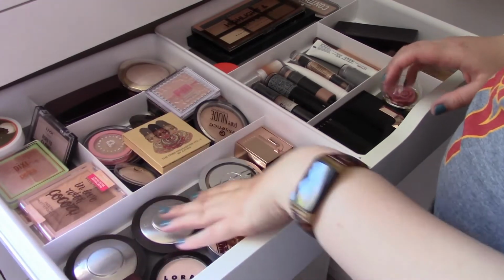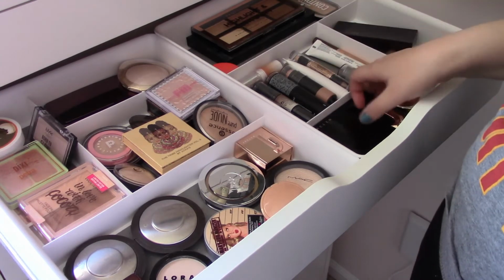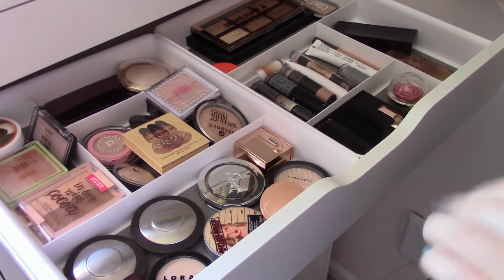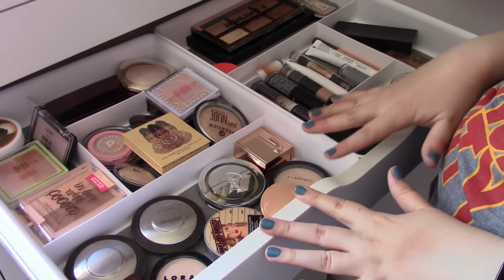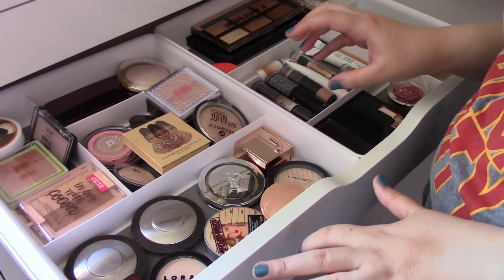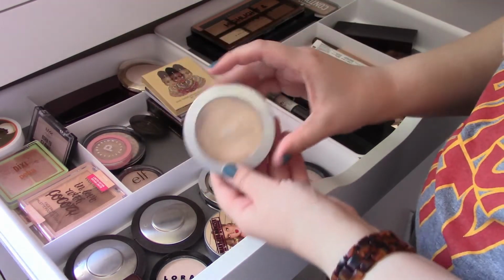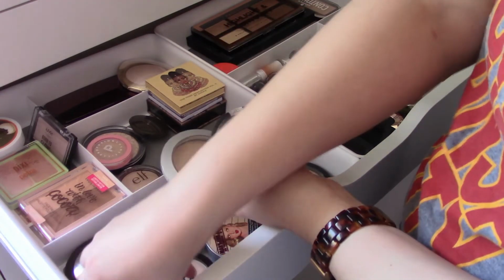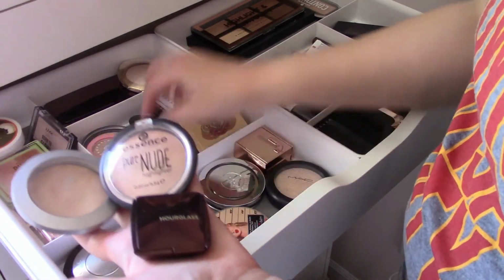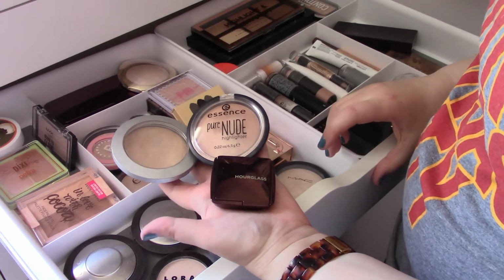So here we have highlighters, cream bronzers and blushes, and contour palettes. And some of my larger ones, like my Jaclyn Hill Duo, the blush bronzer duos in here. So that palette that I picked did have some really good highlights, but let's just pick out one more. Those up there looked kind of intense in terms of highlights, so I'm thinking I want one that's not quite so intense. So something along the lines of my Pure, or the Essence Pure Nude, or this Hourglass. I'm thinking between those three. I would say those are my three most subtle highlights that I have. So